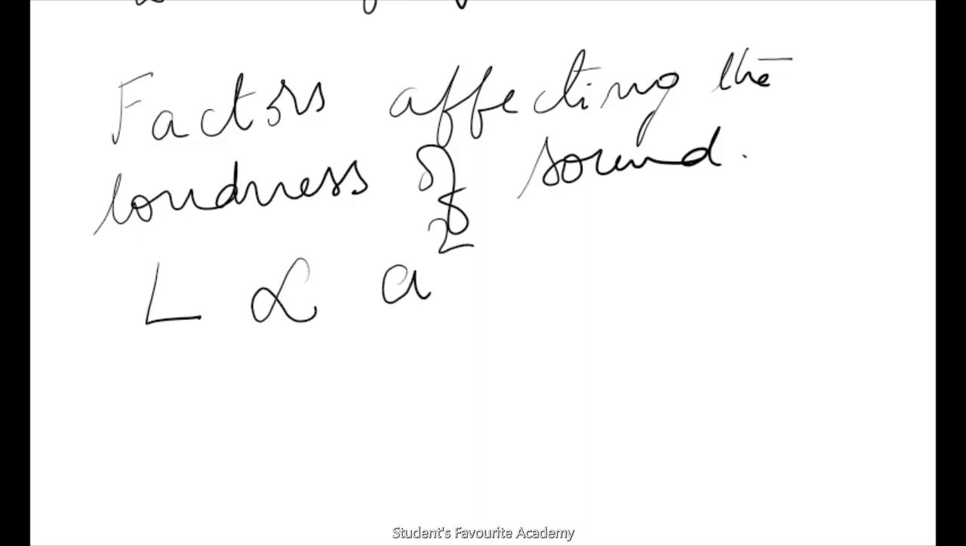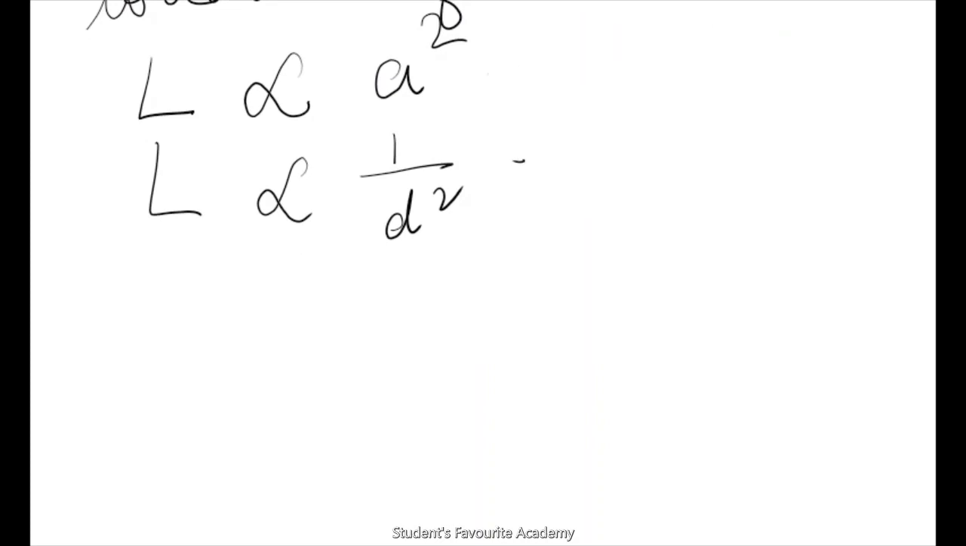Loudness varies inversely as the square of the distance from the source, and loudness depends upon the surface area of the vibrating body. So a large vibrating area sends forth greater amount of energy, hence larger the surface area of the vibrating body, louder is the sound heard. So loudness is directly proportional to the area of the vibrating body. Okay. And loudness also depends on the density of the medium, and it depends upon the presence